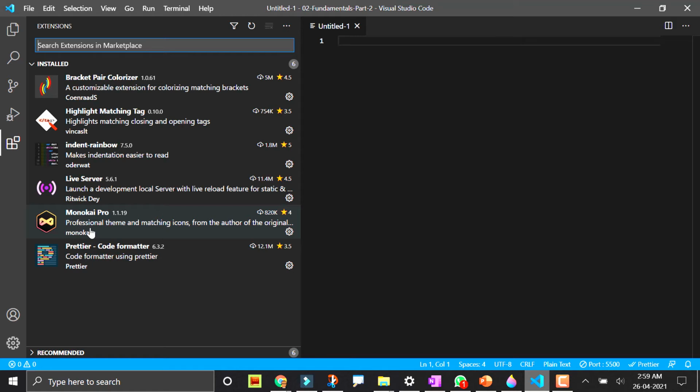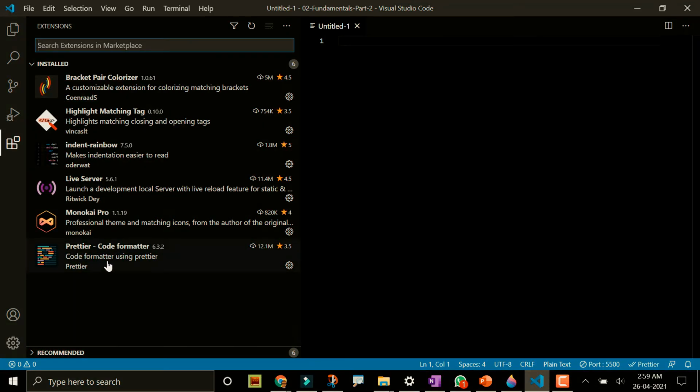And I also have this Monokai Pro. Monokai Pro is a professional theme and matching icon. So it matches icons. And of course I have this Prettier code formatter. Prettier code formatter is used to make your code look neat, to look beautiful. For instance,